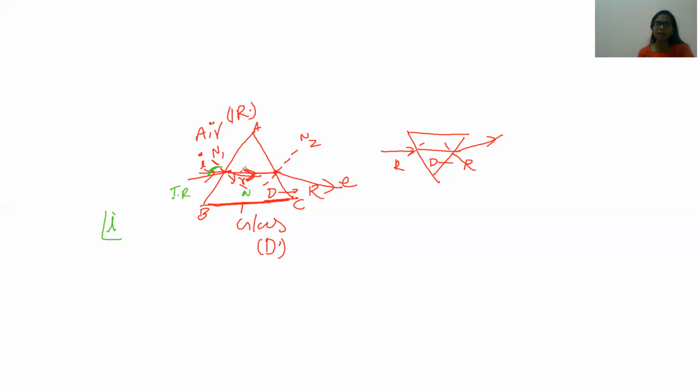From the normal to the refracted ray is called the angle of refraction R, and from the second normal to the extended or emergent ray, what we call the angle of emergence E. Okay, these are a few terminologies. This is R1 and this we can take as R2. R2 is nothing but the incident angle, what we call I2, the incident angle for this second surface. We can take this as R2 also, or the emerging angle also. These are the terminologies we are going to use to derive the relation for dispersion of white light through the